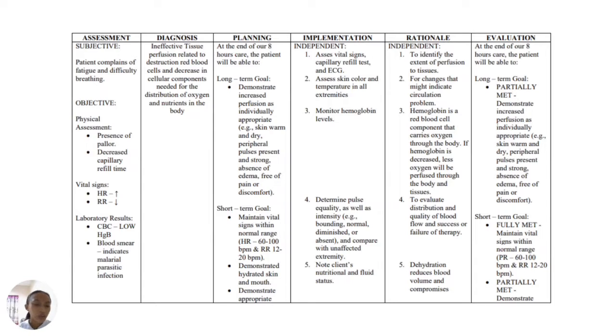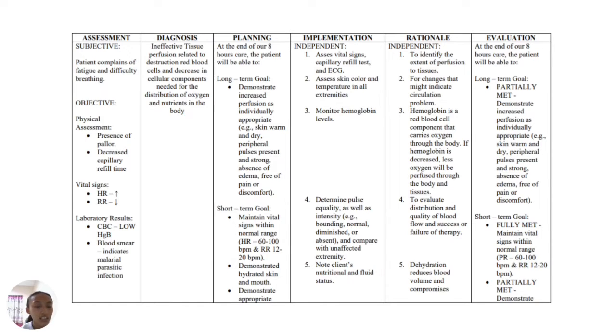Hi, so today we are going to discuss our nursing care plan. This is based on the actual high risk needs of our patient having malaria. So first, di ba, we have ABC: airway, breathing, circulation. Circulation, of course, is the priority, so we have the diagnosis first. We have ineffective tissue perfusion related to